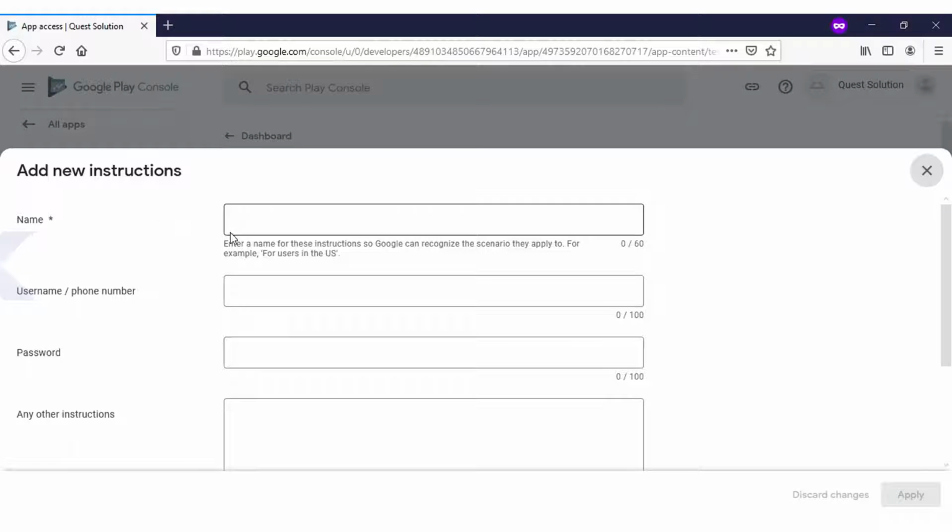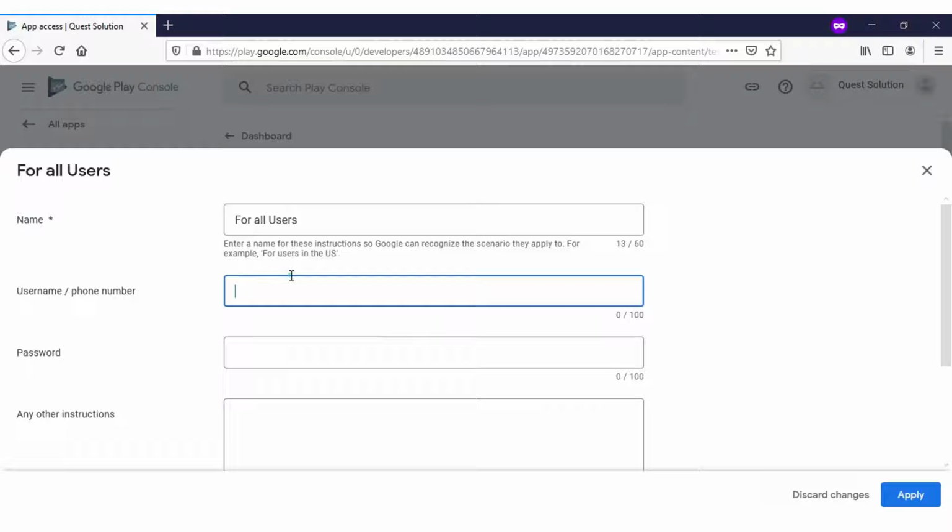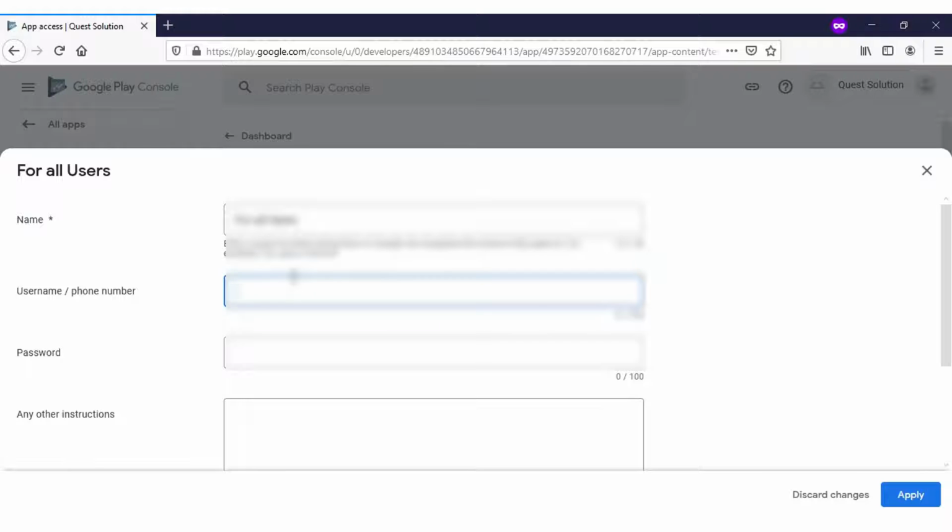Add new instruction. Enter a name for this instruction so Google can recognize the scenario it applies to, for example, for users in the US. There is nothing like that, so I will type for all users, and the username.